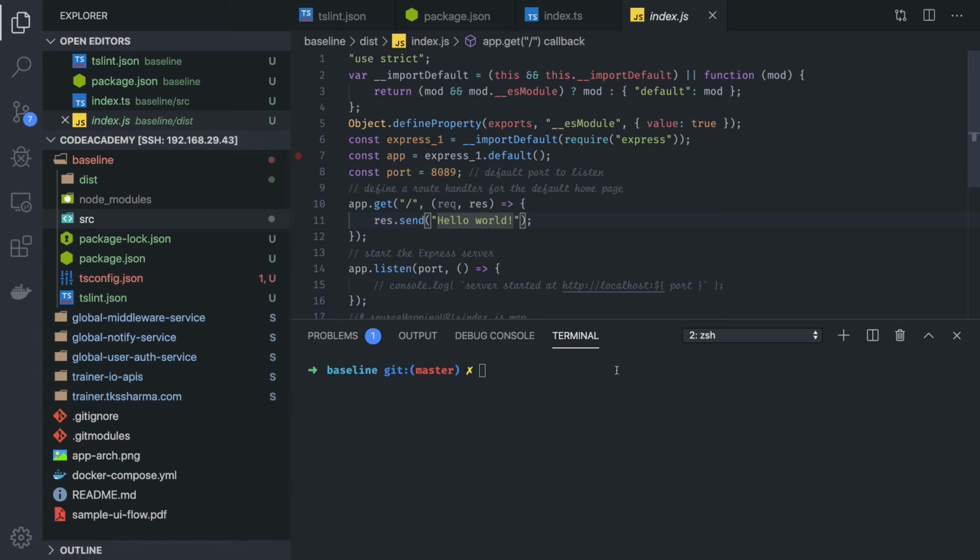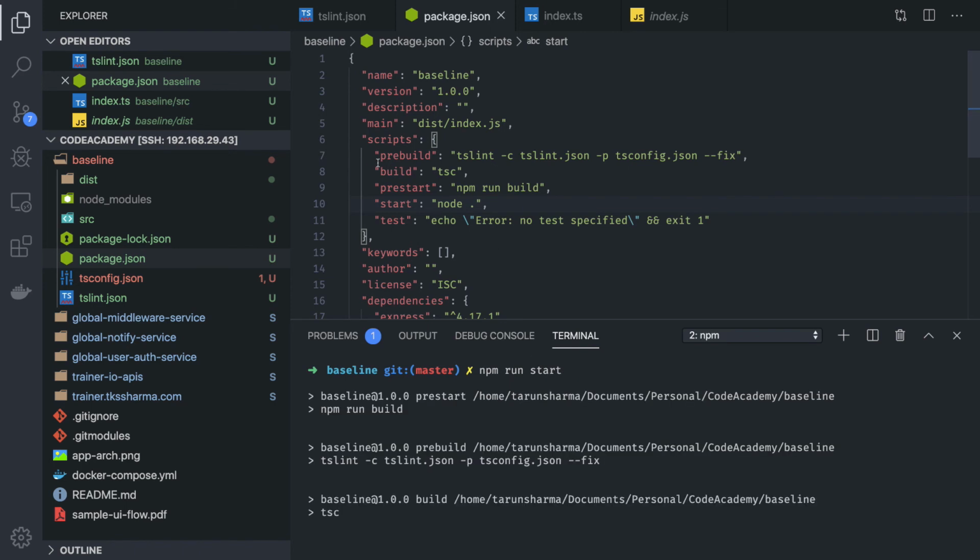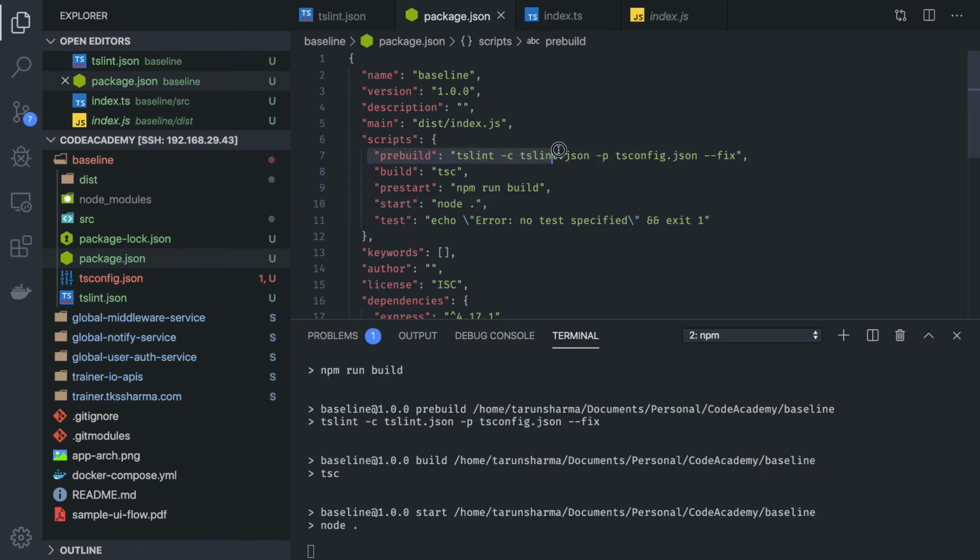Now if you do npm run start from the package.json, the start is doing node dot, right? So if I do npm run start, it is doing pre-build, okay, and it is doing build, npm run build, and then we are doing node dot, right?